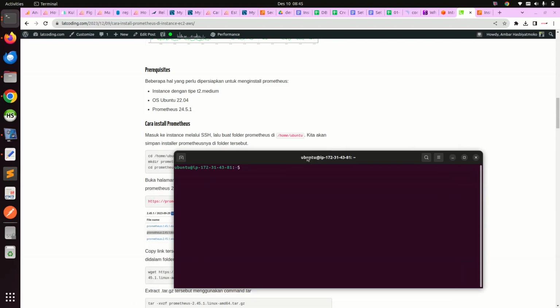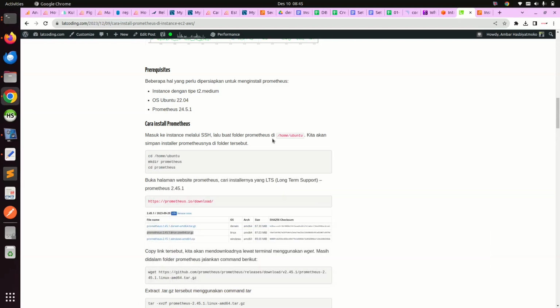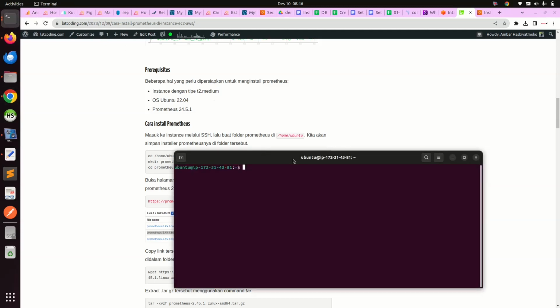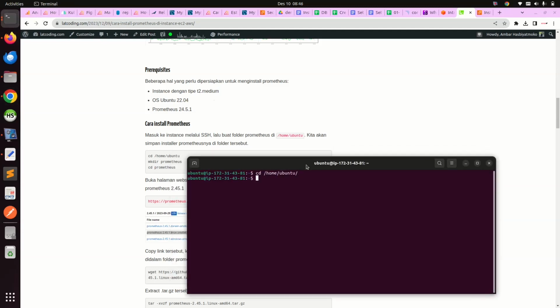So we will install Prometheus under the home Ubuntu folder, so we need to create the folder first. Make dir Prometheus. Okay, enter the folder.